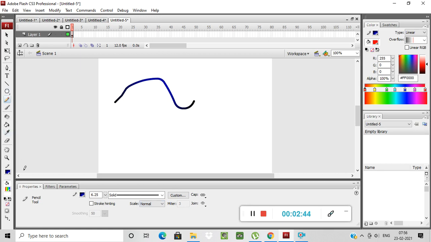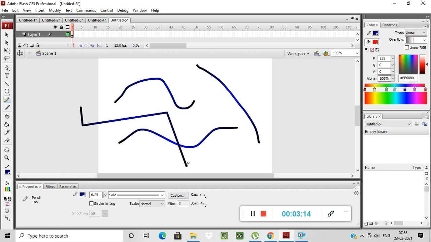Next, after selecting the pencil tool, you can see here straight lines, smooth line, and ink line. Suppose I am selecting a smooth line. See, this is your smooth line. See the difference between the straight line and the smooth line. Then you can see the ink over here. This is your ink. Likewise, you can change the style over here. See, this is a straight line. This is the use of the pencil or the stroke.